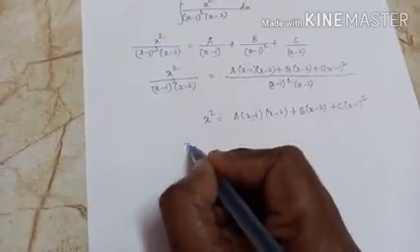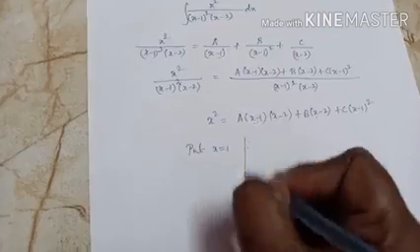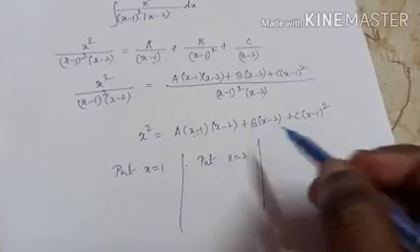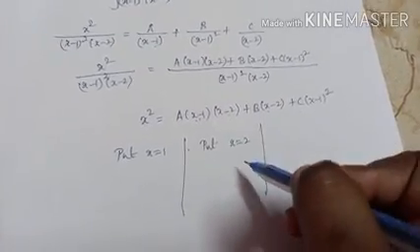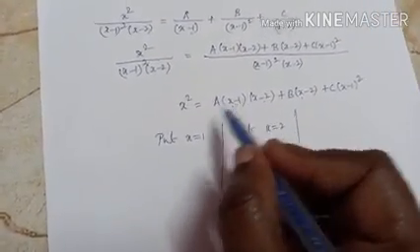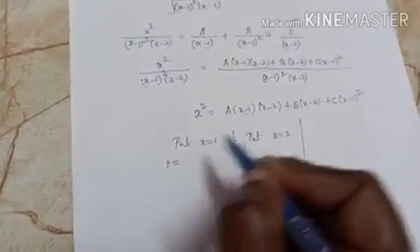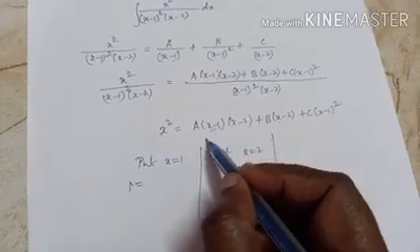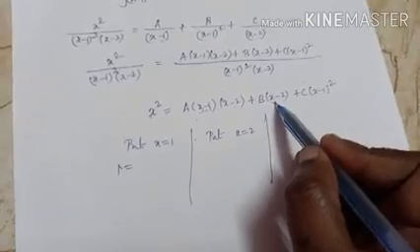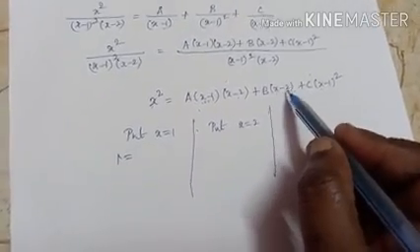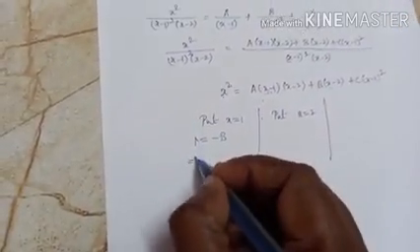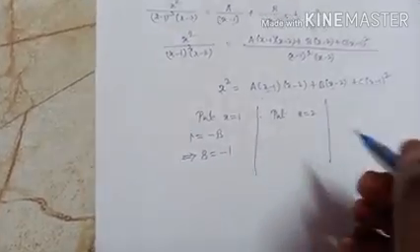So listen here. Put x equal to 1. Put x equal to 2. So we have identified two values for x, but we have three unknowns. Let us see the third one later. First you put x equal to 1. 1 square is 1. 1 minus 1 is 0, this term will become 0. 1 minus 1 is 0, this term will become 0. So this alone exists. 1 minus 2 equal to minus 1. Minus 1 into b is minus b. Minus b equal to 1, or b equal to minus 1.